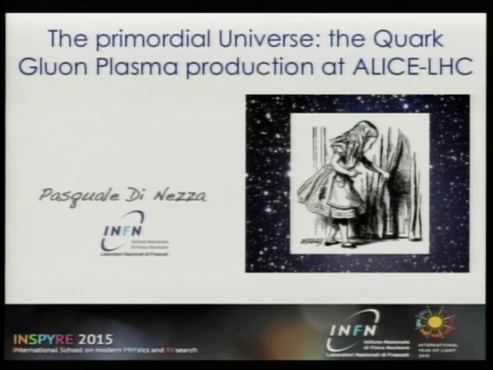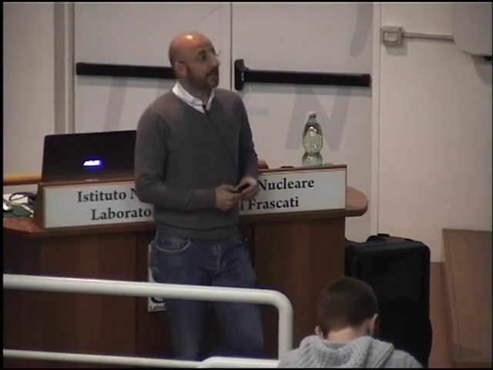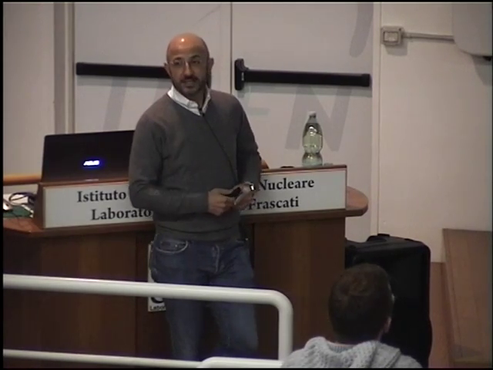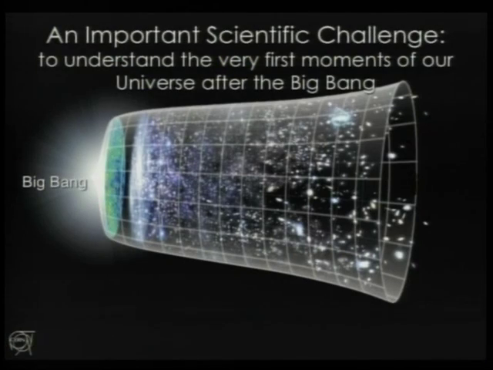And today I'll talk to you about ALICE. ALICE is not a tiny, beautiful girl. It's ALICE, it's this one. It is a spectrometer. The weight is around 10,000 tons. And you see the size of this experiment compared to two people here. So it's really a huge experiment, one of the 4 experiments at LHC, but we will talk about this in a moment. So what's the main purpose?